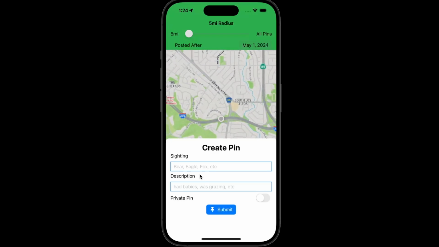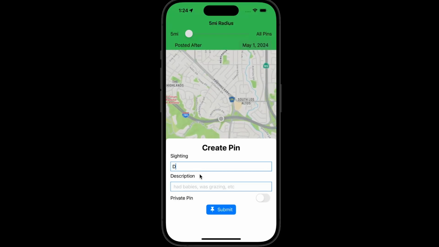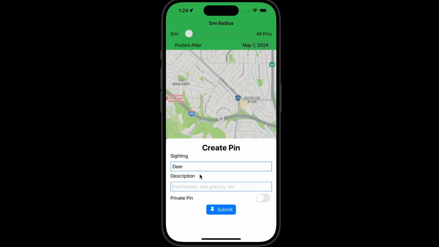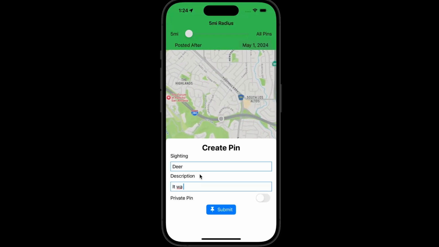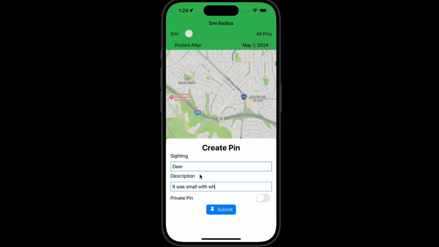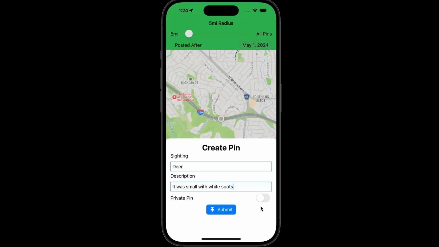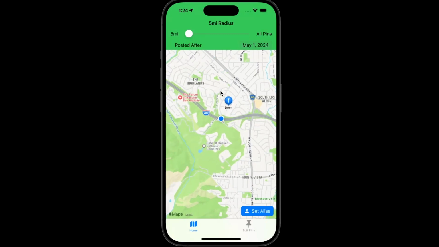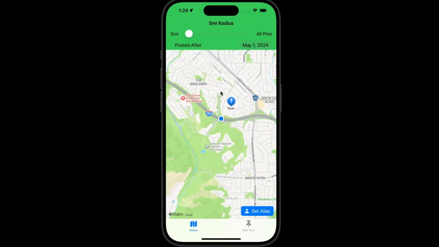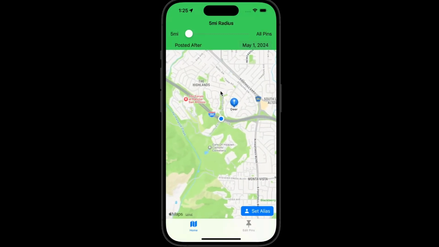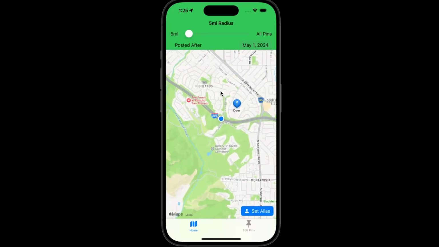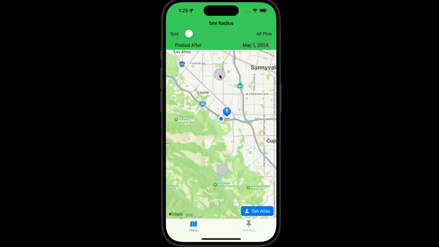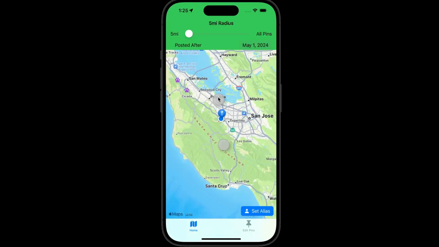So, let's say that I saw a deer, and my description can be short and sweet, that it was small with white spots. I don't want it private, so I can just hit submit. That'll get posted onto the map and also posted to the public API for everyone else using the application to see. I can see the pins that other users have posted